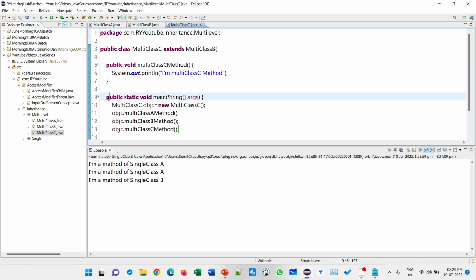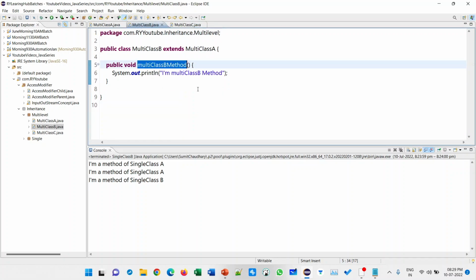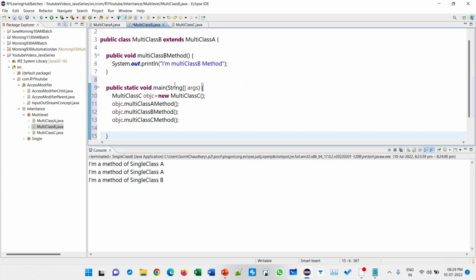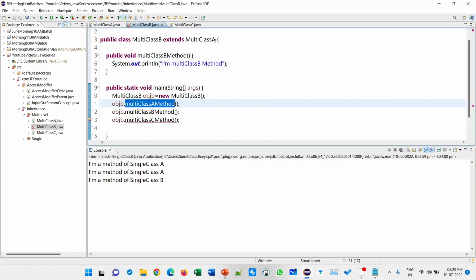Okay, for time saving I am copying that whole code, class B obj B. You can see that we can access the A method here, because B inherits the A class.